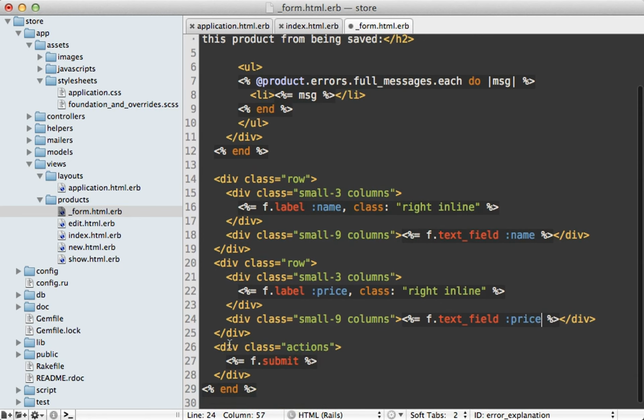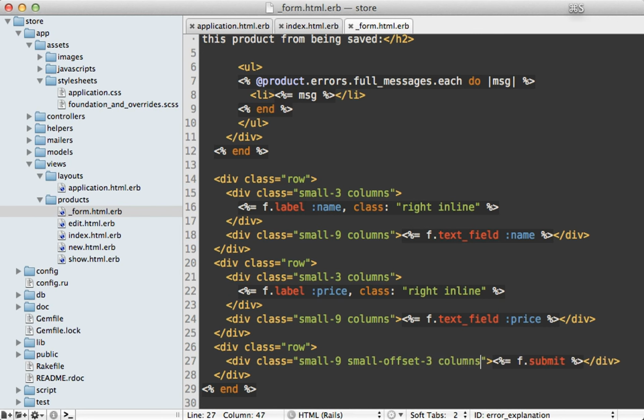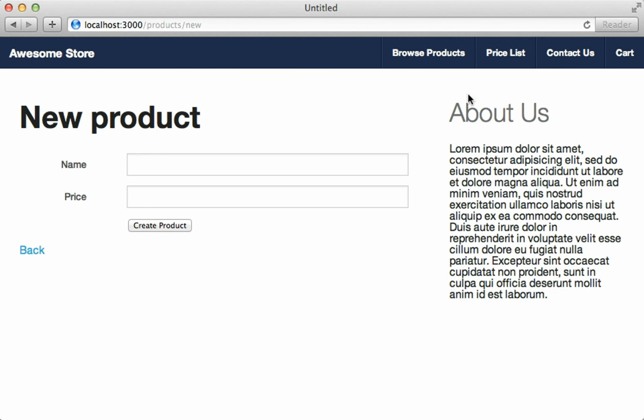And then for the actions div down here with the submit button, I'll also use the grid system here. And what's kind of cool is that we can say small 9, but we can also say small offset 3. So that way it's offset, setting the label position, and then we can say columns here. Let's try that. And reloading the page, it looks better, but it's not quite right because there's such a